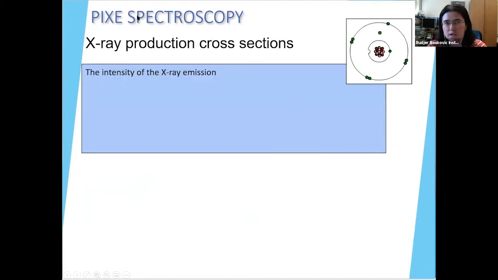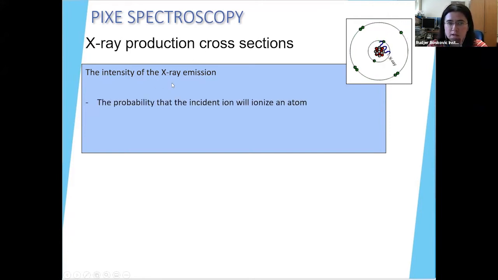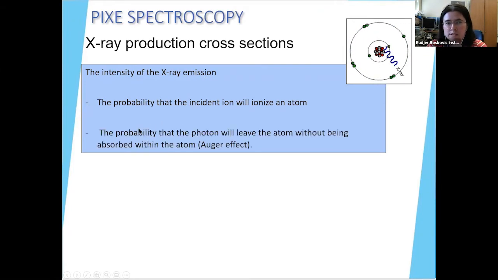The crucial thing in spectroscopy is something that we call the X-ray production cross-section, and the intensity of X-ray emission will depend on the probability that the incident ion will ionize an atom. That means that your ion didn't interact in some other way with nuclei or electrons. And also we have to take into account the probability that a photon will leave the atom and not, for example,